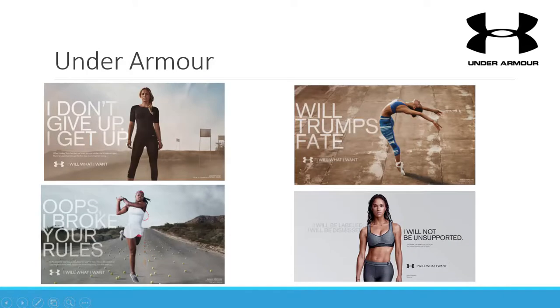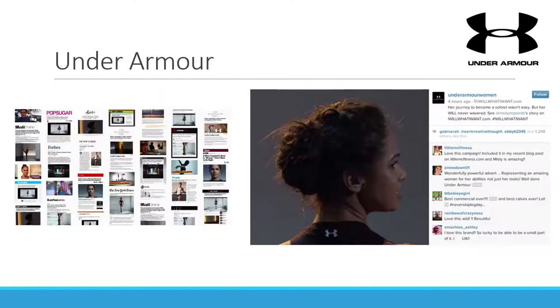The campaign went on to feature other women with diverse cultural backgrounds who speak to the hurdles they had to overcome to reach success, creating and empowering a beautiful space for Under Armour's women's brand to grow. The I Will What I Want campaign speaks to women who do not wait for permission, advice, or affirmation from others in order to go after what they want. These women are rising above the labels placed on them by society and how others see them by going after what they want and not being held by society's norm.